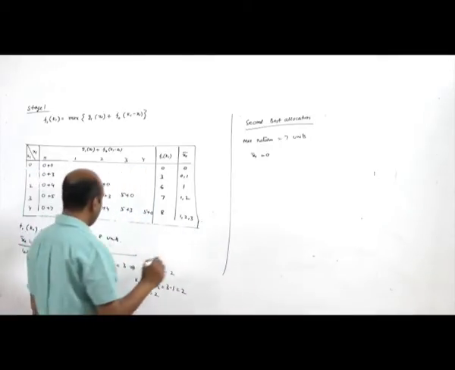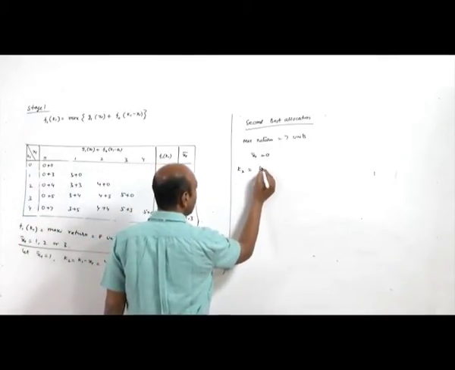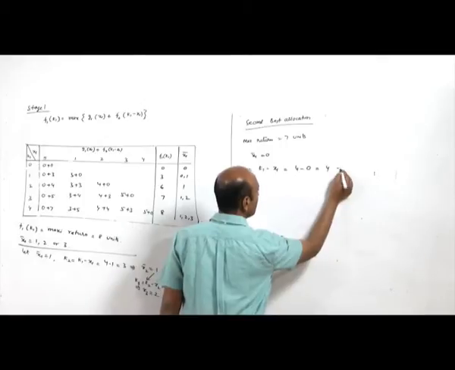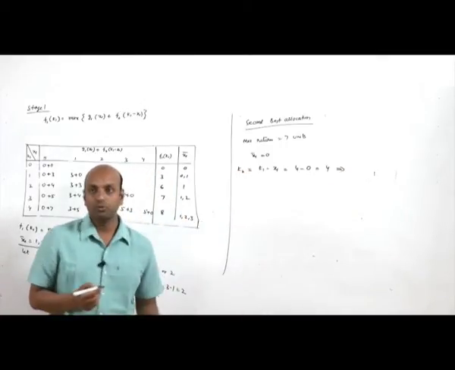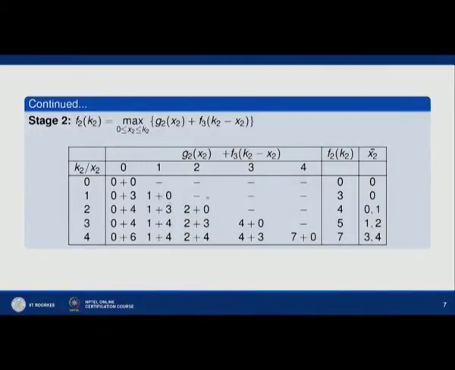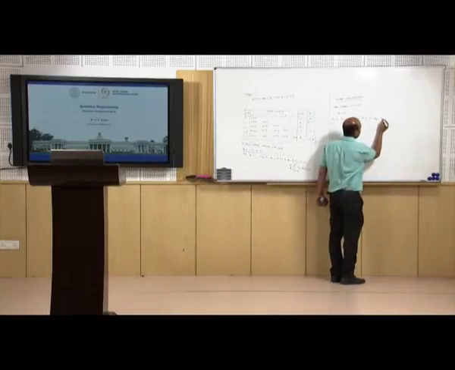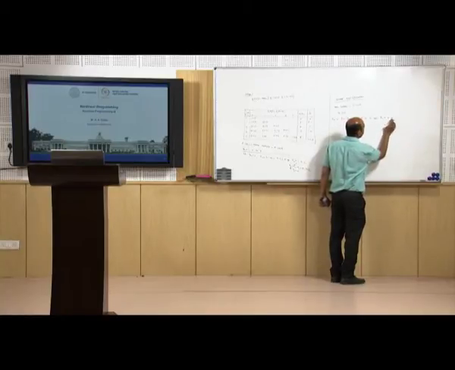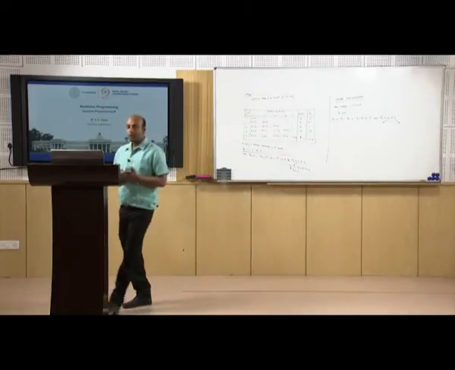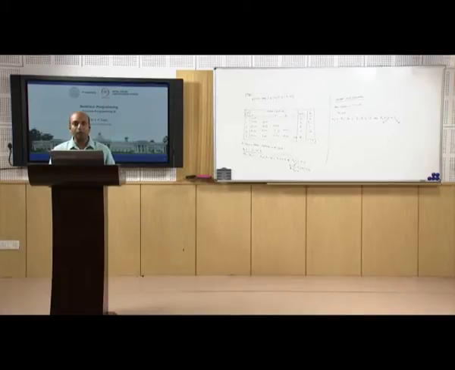and for that x1 bar is 0. Okay. Again we find K2, which is K1 minus x1, and K1 is 4 minus x1 which is 0, which is 4. And from stage 2, as we can already see in the table, when K2 is 4, x2 is 3 or 4. Okay. So from there x2 bar is 3 or 4. Again we will find the solution from this or this. Okay. So that will be the second best allocation.